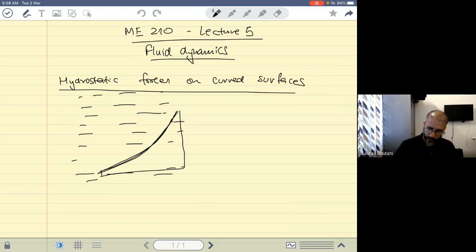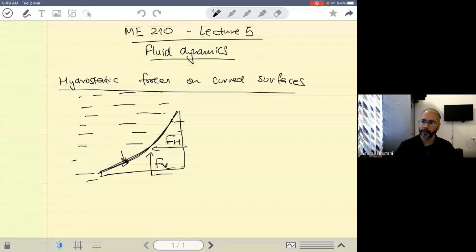Right. So we can break the total force into a horizontal force and a vertical force, the balancing forces. And in fact, to calculate these forces, we don't really need a physical surface. We can just take a hypothetical surface in the liquid and try to find the forces. Now, if you had to do integration, because you know that the force acting at any point is perpendicular to that, and the value is pressure times the differential area that you have. So you have to integrate over the complete surface, curved surface, to find the total force and then take components